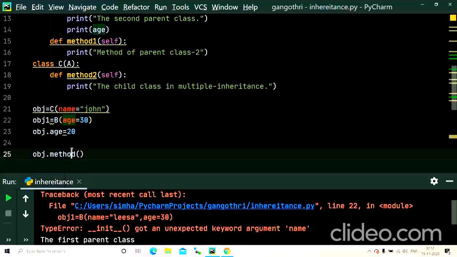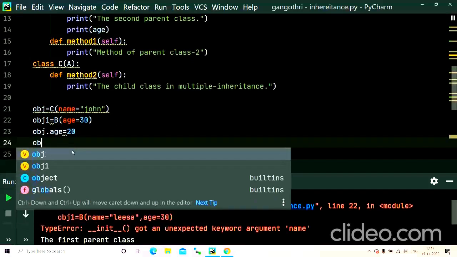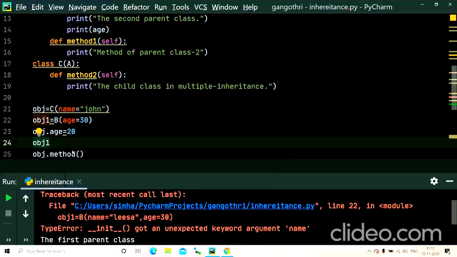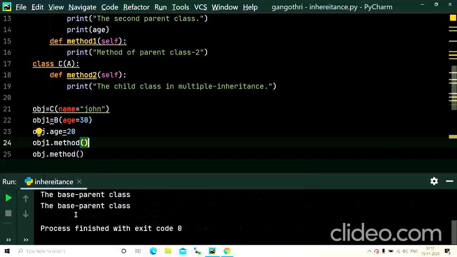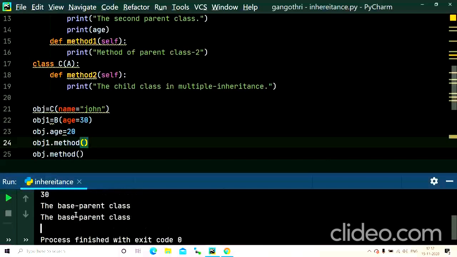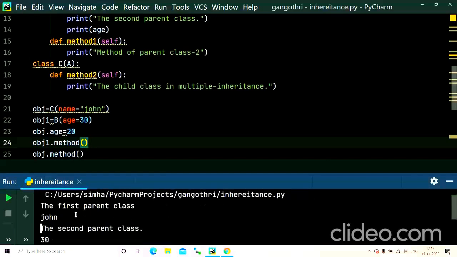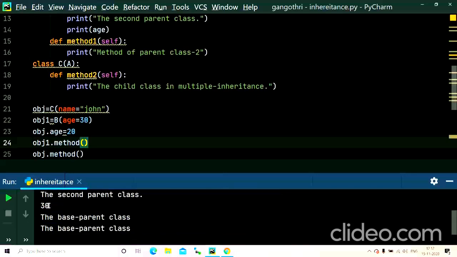Yeah. Now let us also work on our object 1, which we have just created, object.method, right? Run. This time we got the first parent class and our name, the second parent class age, which is in our class B, and the base parent class.